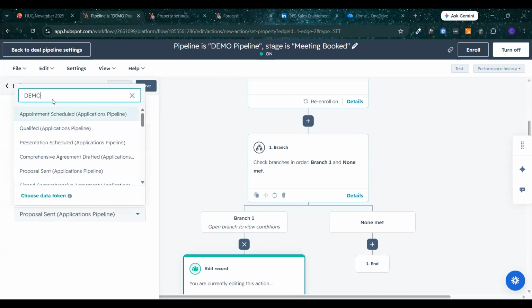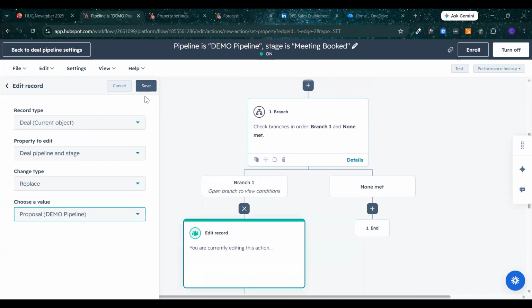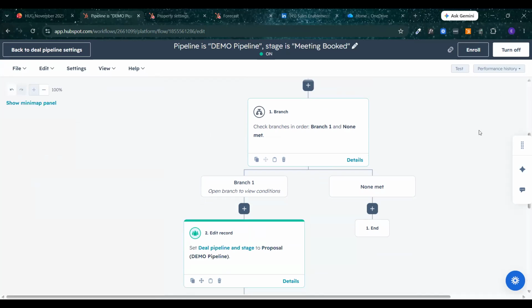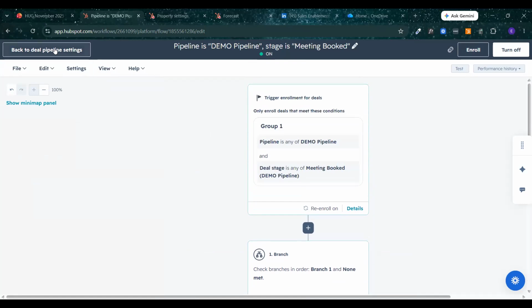If you do just want to move it to a different stage of the current pipeline, you'll just search that up there. And then when you turn that on, that will move. This is a workflow tip, but of course, this is on because I created it from the deal side. But just be aware, if you're creating it from scratch, not from the actual pipeline settings, when you turn it on, make sure to only apply it to future deals so that all of your existing stuff doesn't move around. But you'll see information about that in the workflow session.